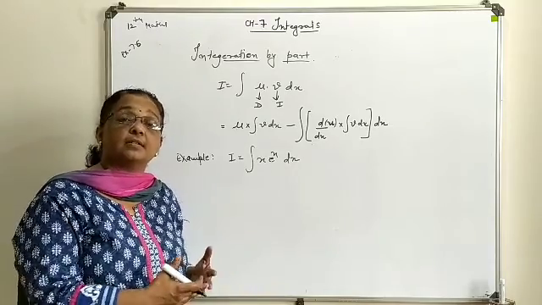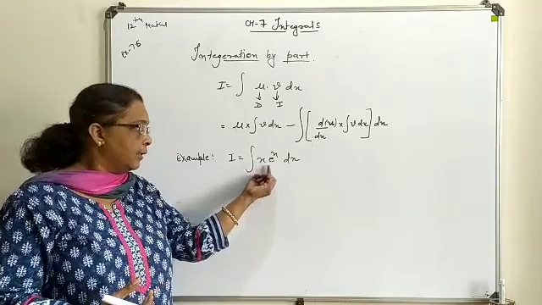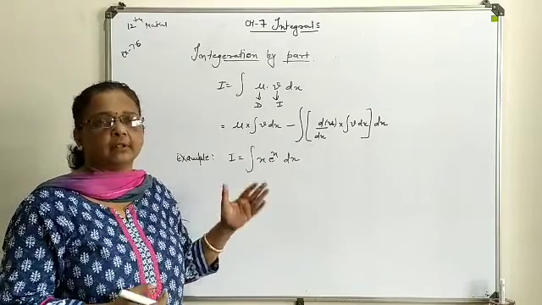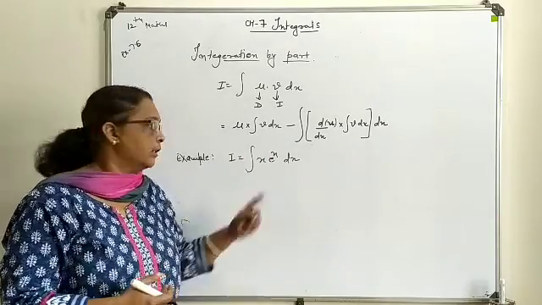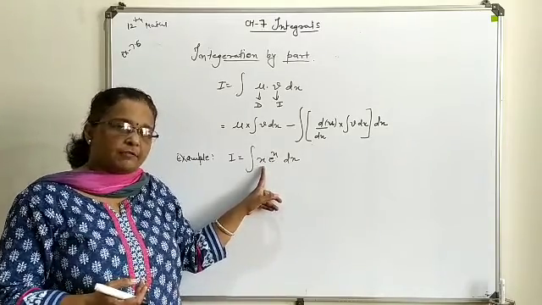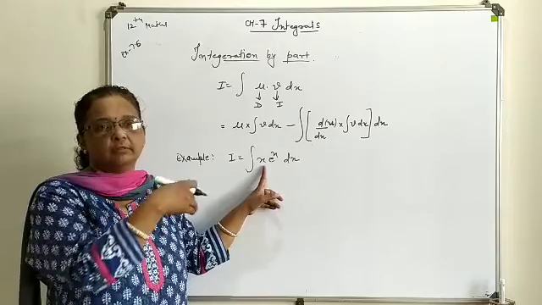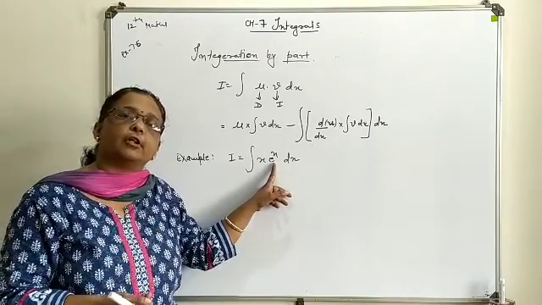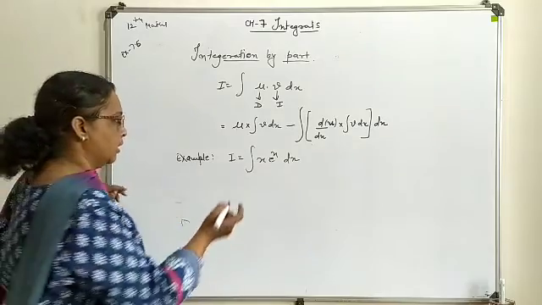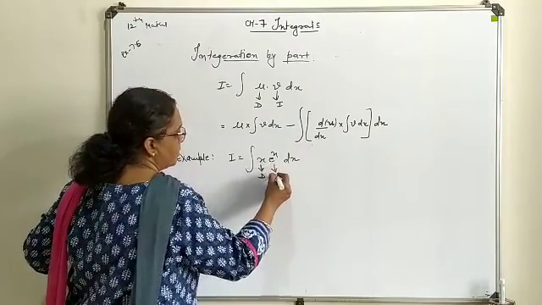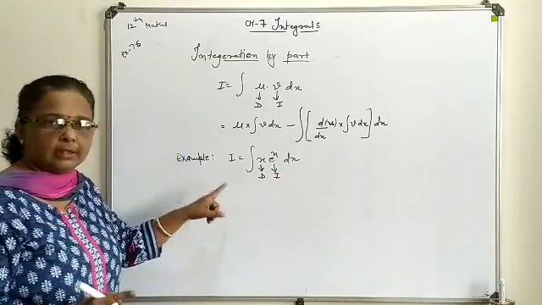So we have to think in such a way that any of the terms is either combined with the other term, or reduces its power or goes for elimination. So here this x we will select for differentiation, as the differentiation of x is 1. So this 1 will be combined with the further e^x, and this e^x you will select for integration. So mark it down: this is for your differentiation, whereas this you will treat for integration.